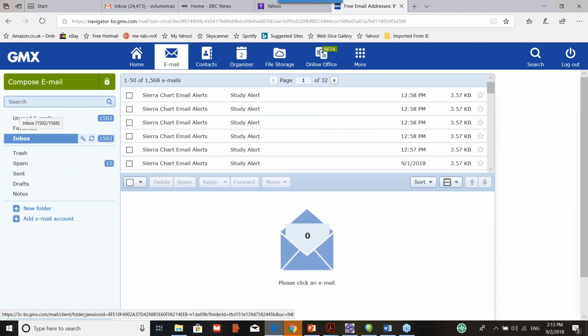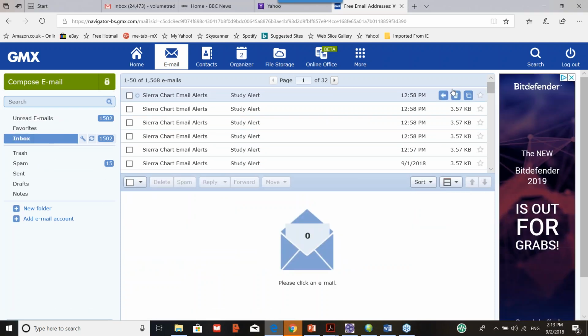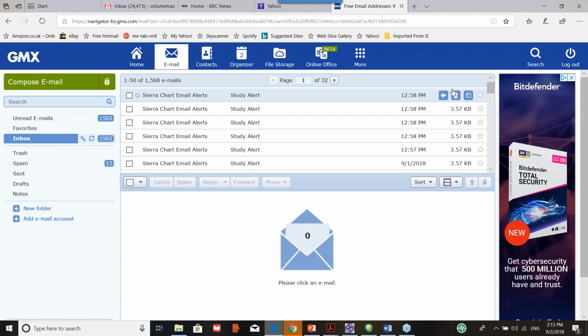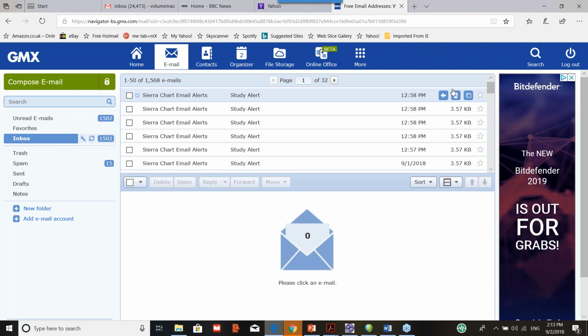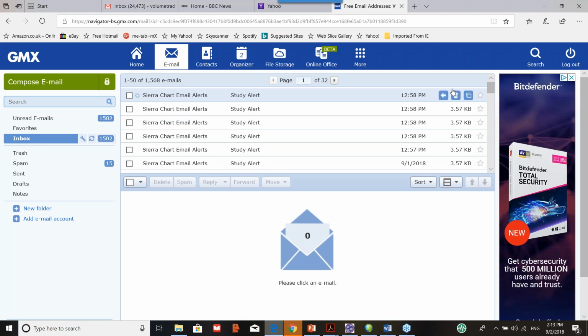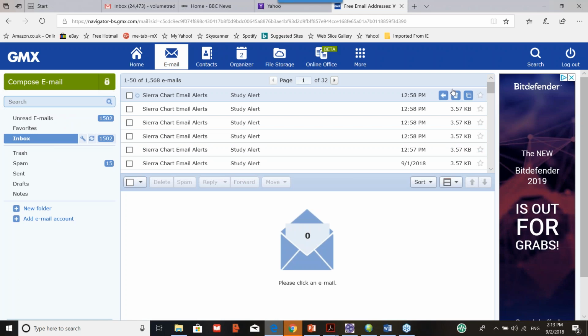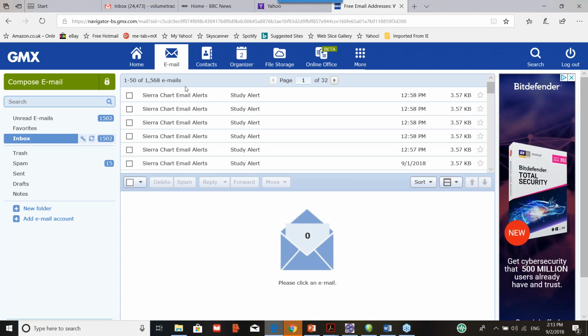Put the inbox up here. Okay, good. Yep, you can all see it. So I'm just about to delete all of last week's, this is from the last week of trading. I also use another computer for this, but you can see how many alerts came in during a 5-day period. By the way, keep in mind, I leave this on overnight as well. Some of the emails I've not opened on this computer, but you'll see the number,